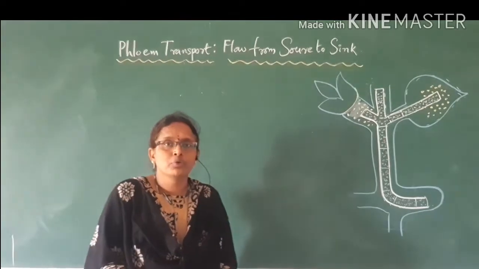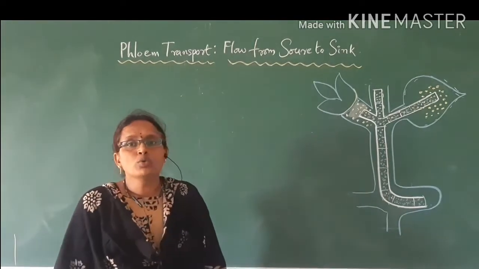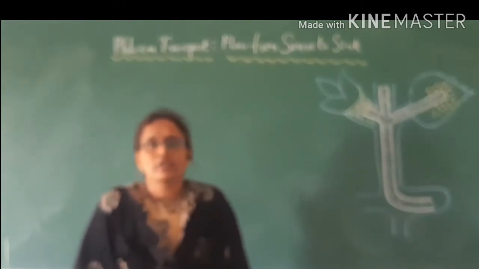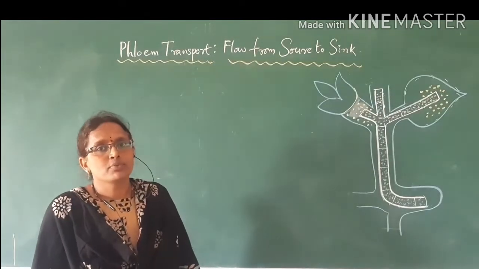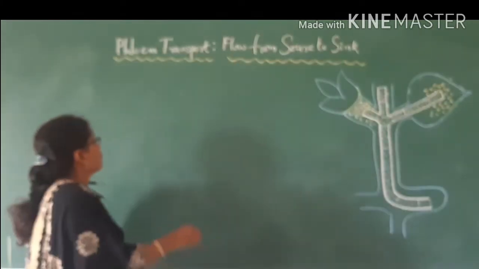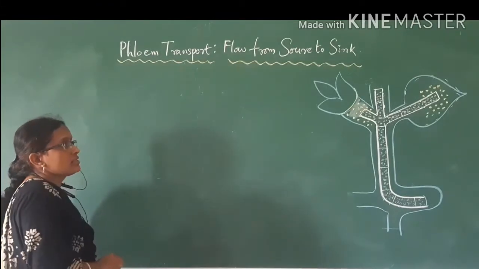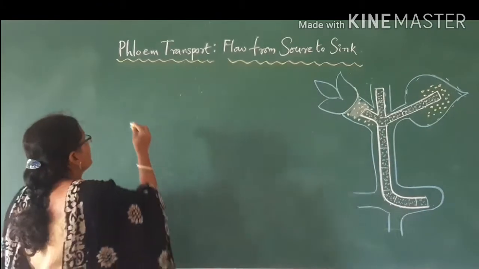Today we are going to talk about how the transportation of food materials takes place in the phloem tissue. As we know, transportation of water and ions takes place in the xylem, whereas phloem transports the food materials. So, what are the food materials? The food materials are